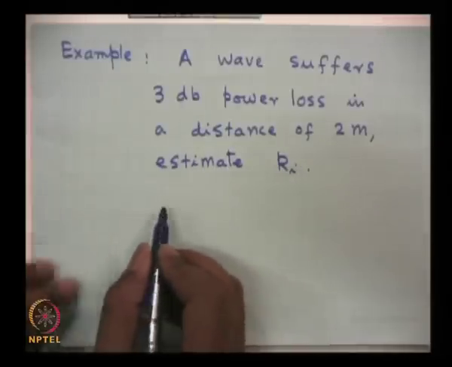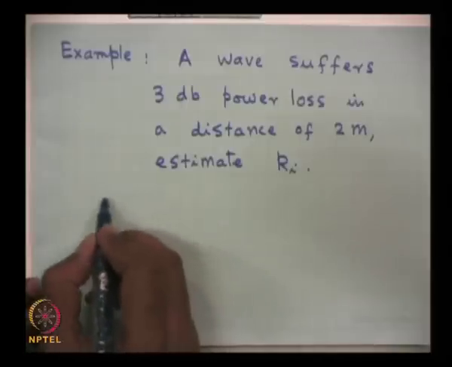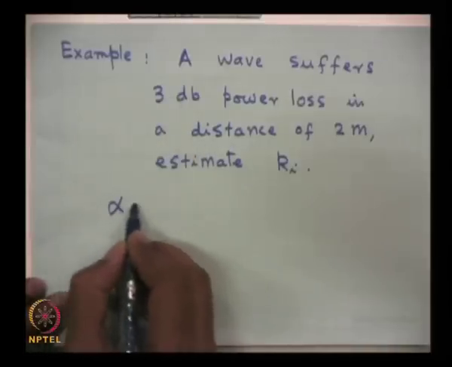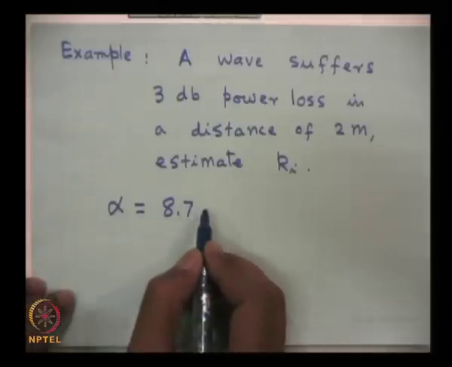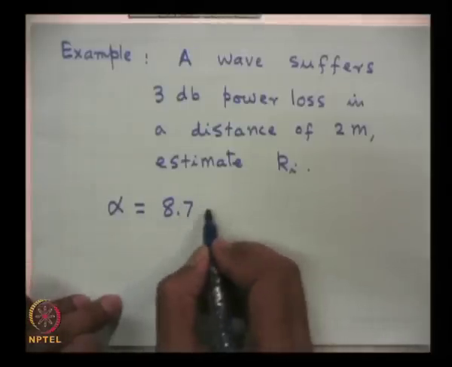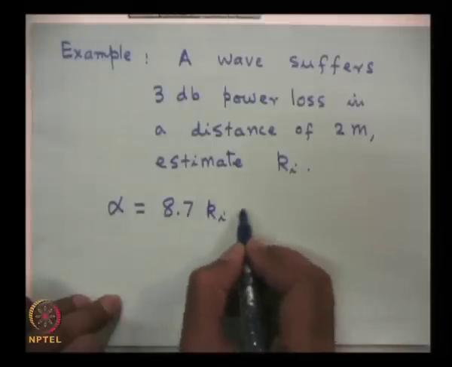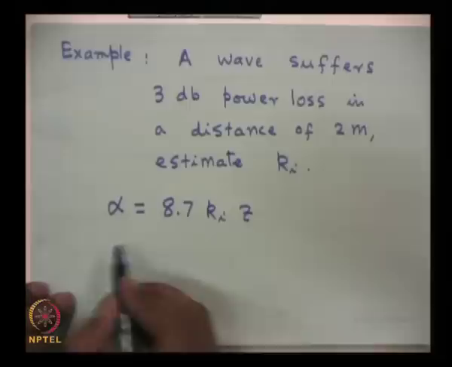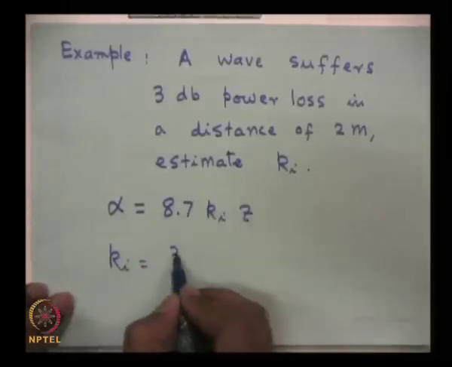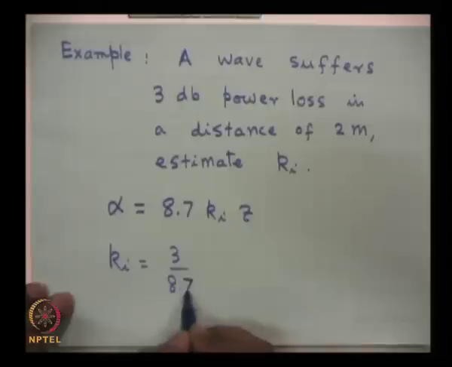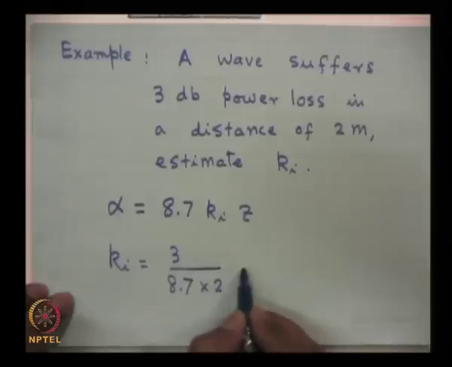What should I do? It's very trivial. Alpha is 3 here. So, the expression was alpha is equal to 8.7 multiplied by Ki into Z. Z is 2. So, Ki turns out to be equal to alpha, which is 3 upon 8.7 multiplied by Z, which is 2. One can evaluate this quantity,